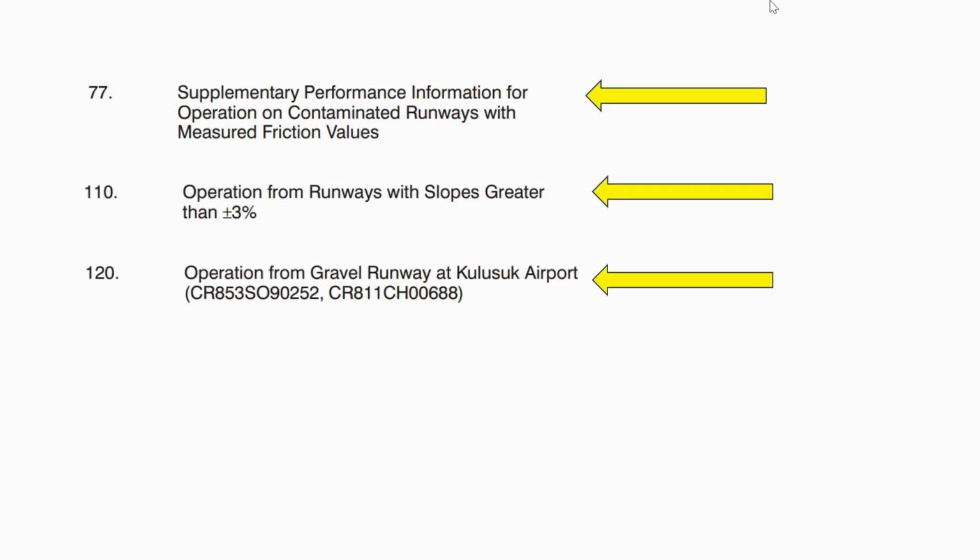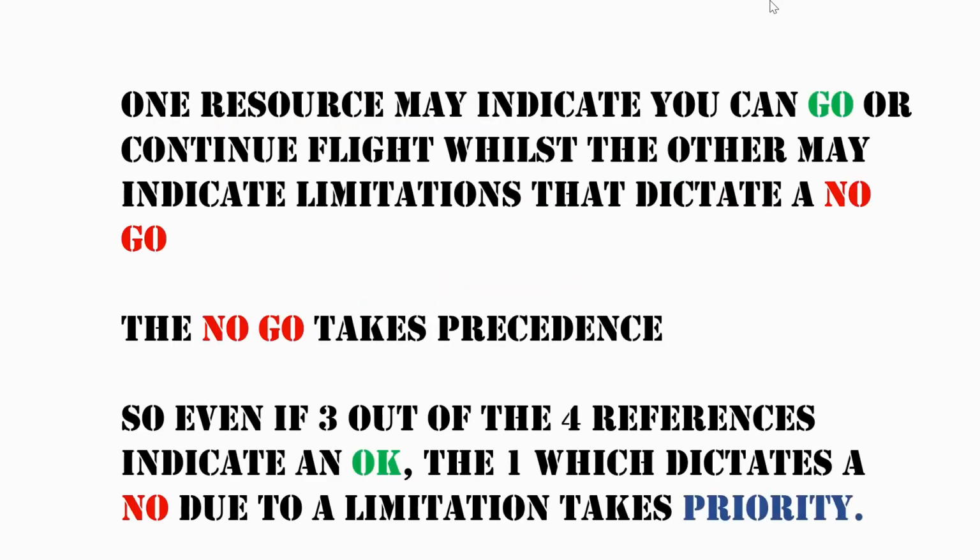You don't just refer to one particular piece of information and decide. You have to refer to lots of things, including the manpower you have around you. Exactly what I've just said is what I've written down, so you can read it. One resource may indicate you can go, like the QRH didn't even say whether you can go or not, or continue the flight, whilst the other may indicate limitations, like what happened for the supplement in our case